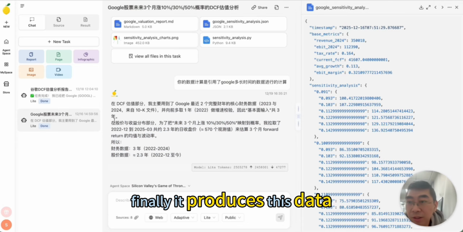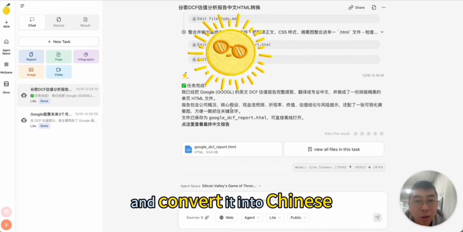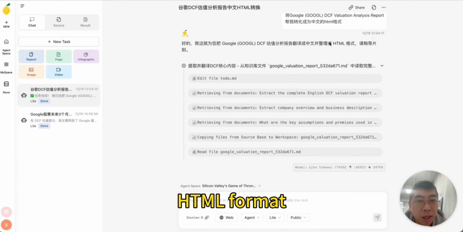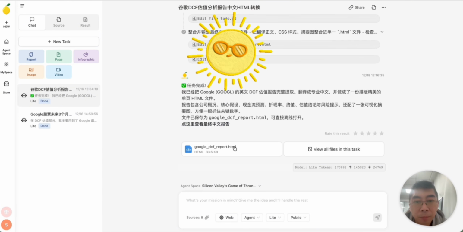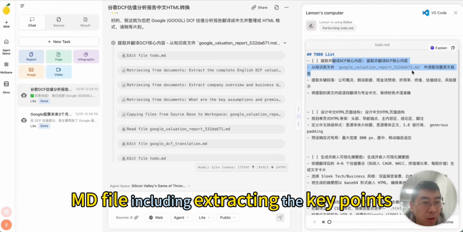Finally, it produces this data. The second question is, I want to take the data from the previous file and convert it into Chinese and write it in an HTML format. As you can see, our to-do list includes telling it to translate the content of this MD file, including extracting